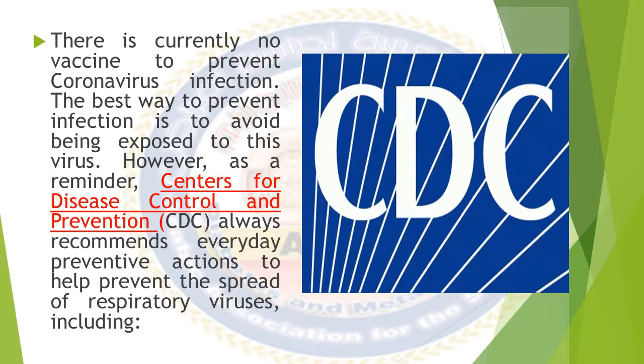There is currently no vaccine to prevent coronavirus infection. The best way to prevent infection is to avoid being exposed to this virus. However, as a reminder, the Centers for Disease Control and Prevention, CDC, always recommends everyday preventive actions to help prevent the spread of respiratory viruses, including: